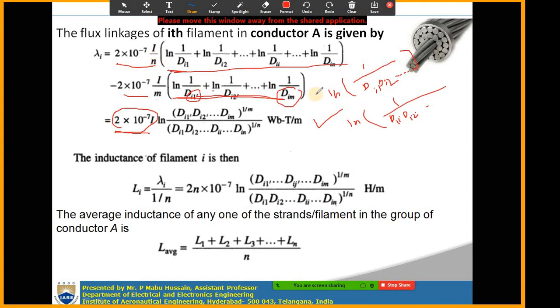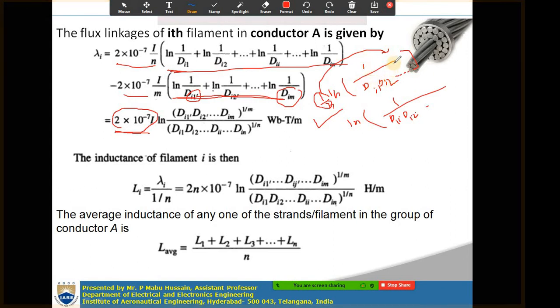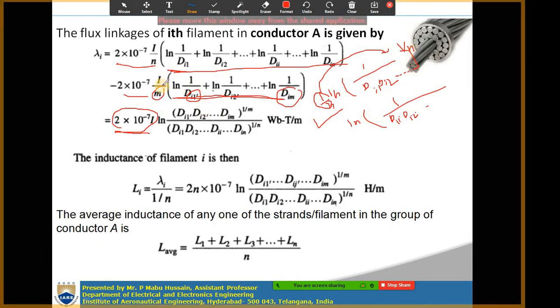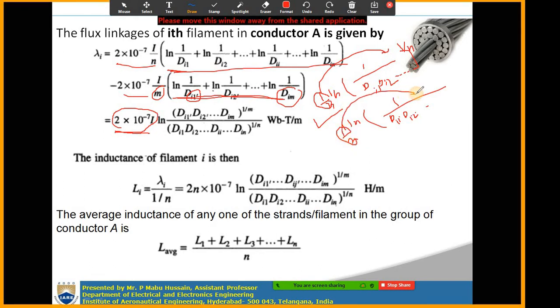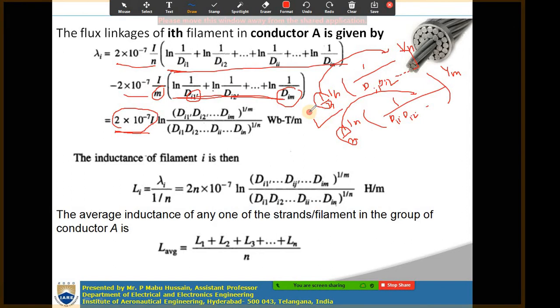So, now for this term you are having 1 by n, right. So, now this can be taken into power of this. Okay. So, that means ln of this 1 by di1 into di2 whole to the power of 1 by n you can write. Okay. And this term 1 by m here in the second expression, this 1 by m also you will bring to power of this. So, then you will get 1 by di1 di2 up to dim whole to the power of 1 by m you will get. Okay. So, now in this expression 2 into 10 power minus 7 I will be the common,